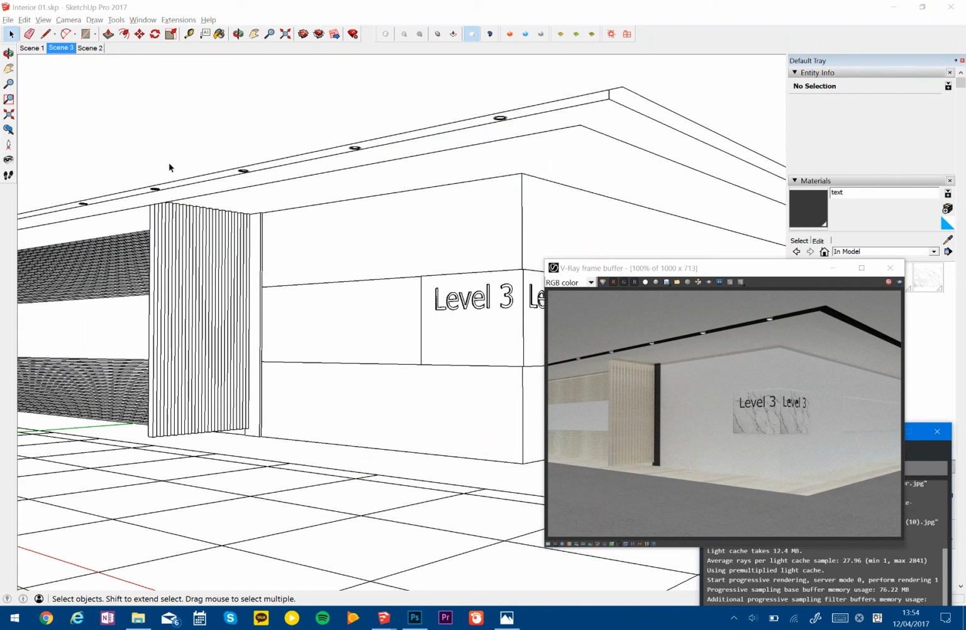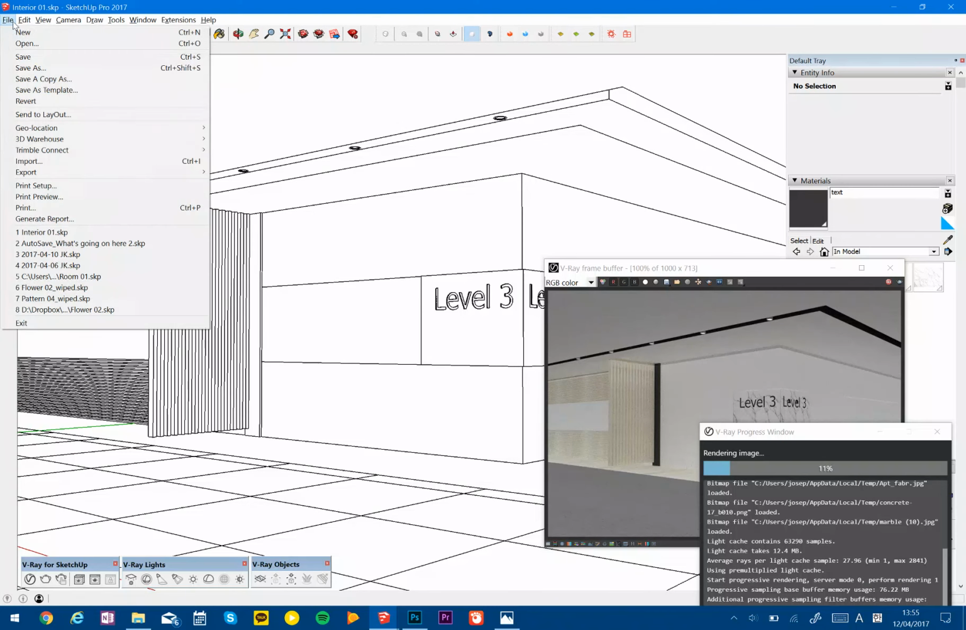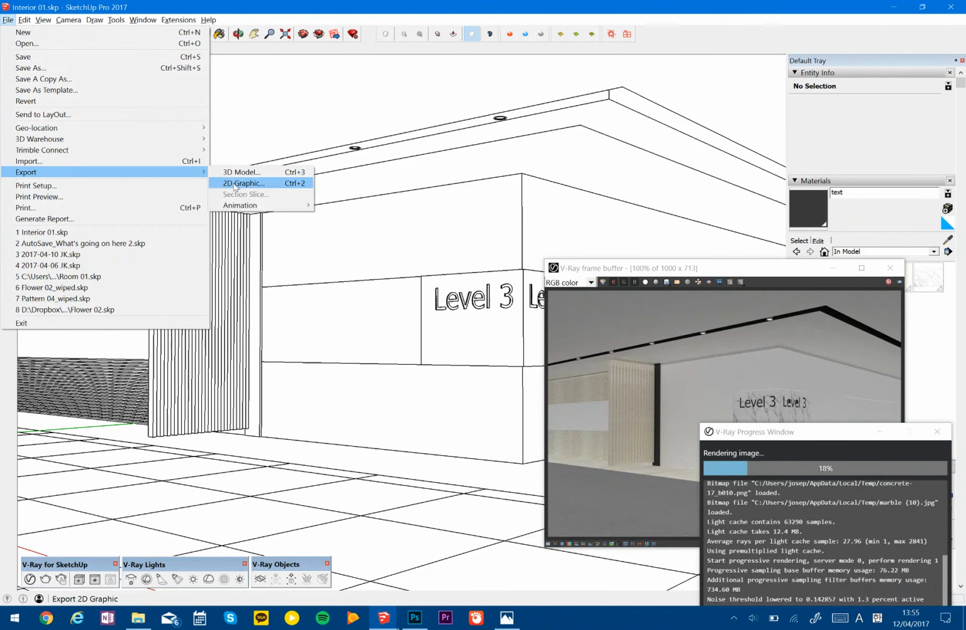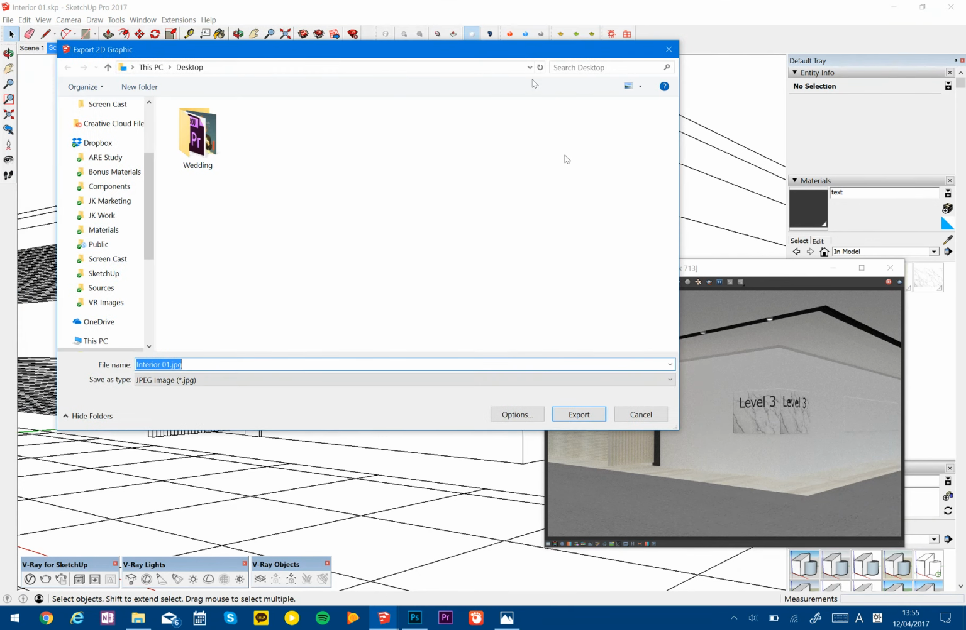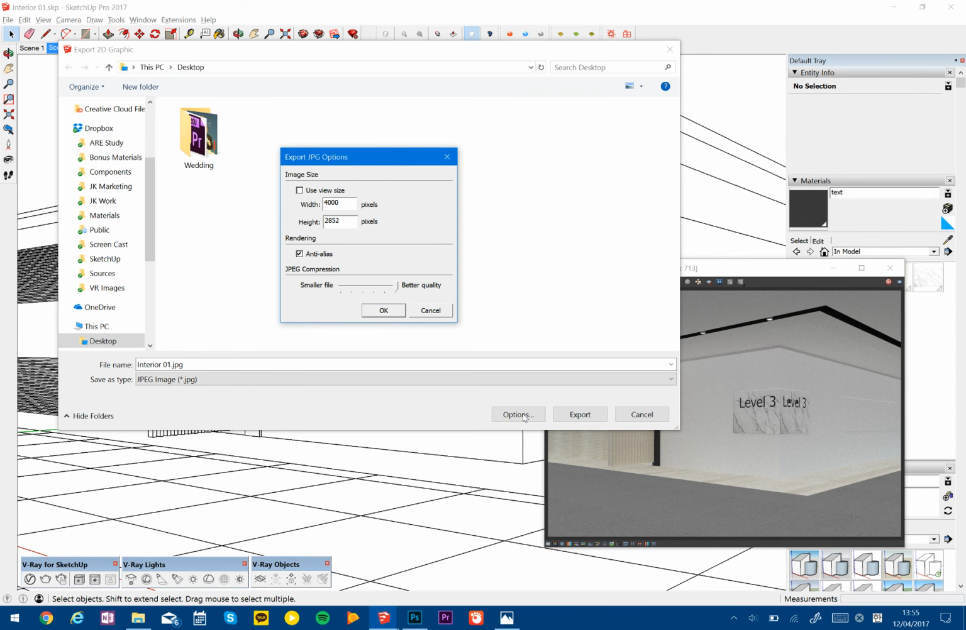So file, export, 2D graphic. I'm showing you this once because I always use it as a shortcut, Control 2. Once I do that, and options, and those are custom shortcuts. Options, I like 4,000 pixels across. The reason for that is it's a good amount of pixels,